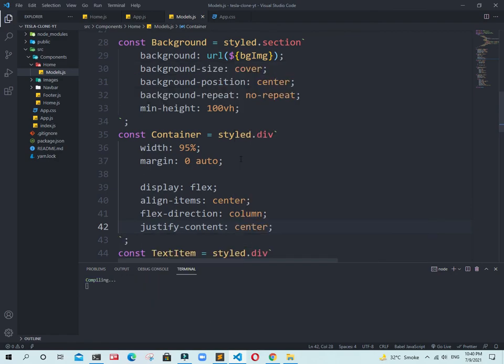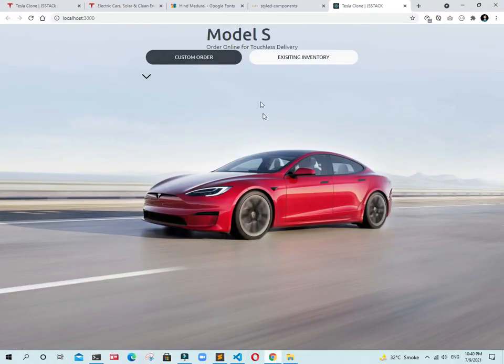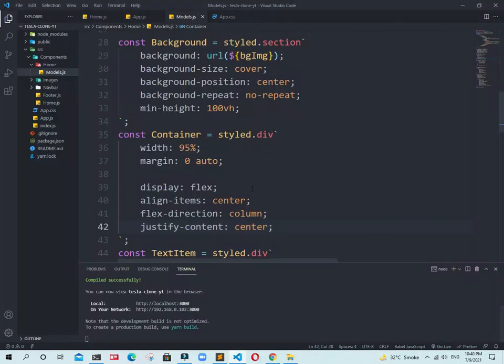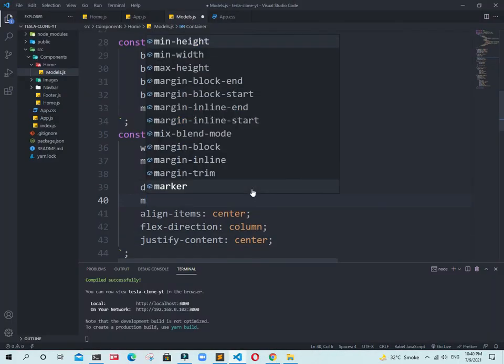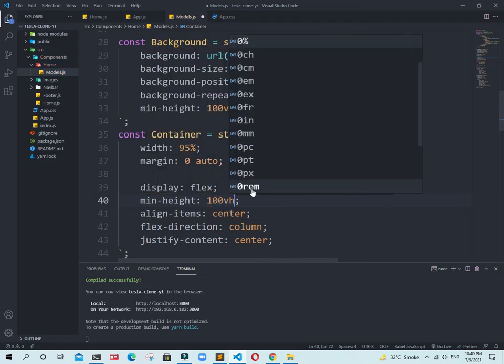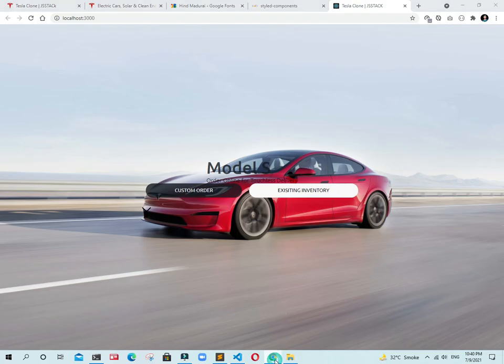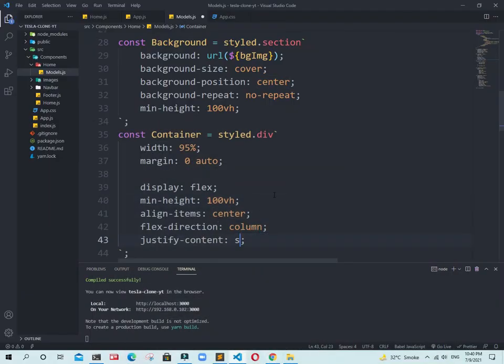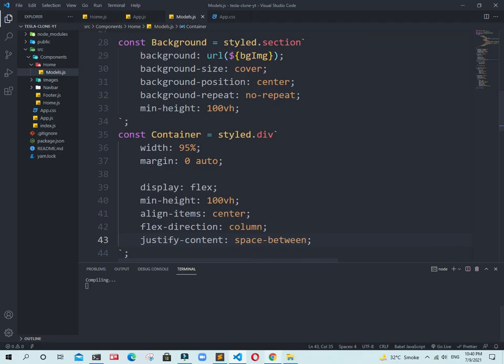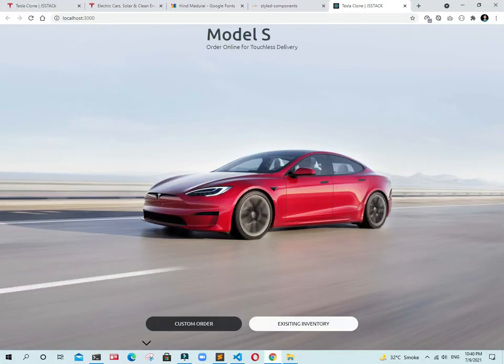Just center. Now go back there, and just add a minimum height. Minimum height of this one will be 100vh. Yes, it's cool. Maybe instead of center we need to add space between. It's cool guys, really cool.